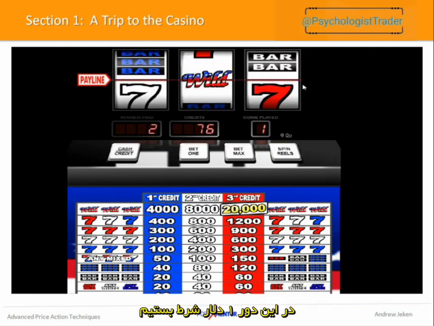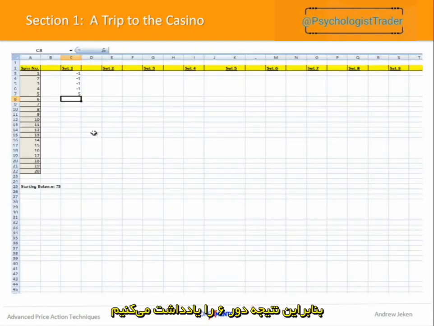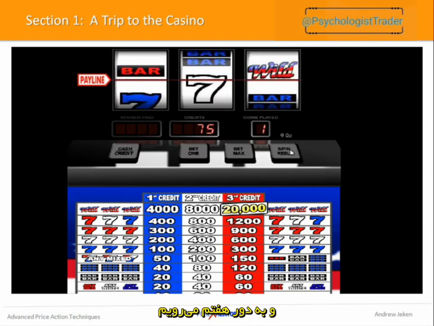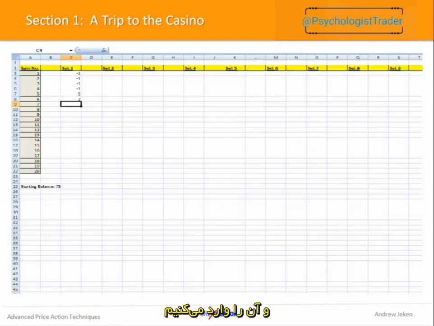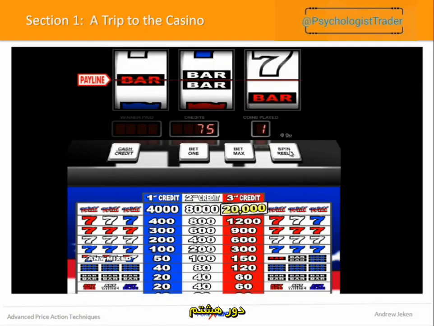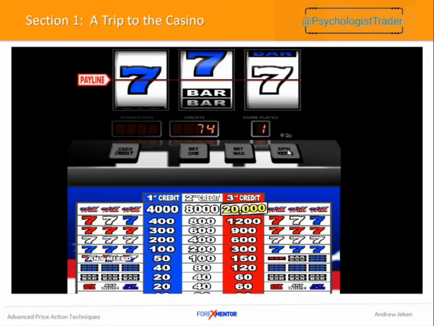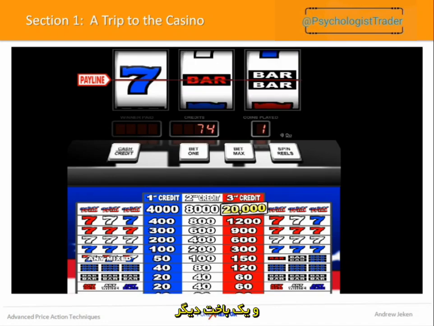We're betting $1. In this case, we've won $2. So that's spin 6. We move on to spin 7, and you can see we've just had another loss, so we just fill in the data. Spin 8, and another loss.